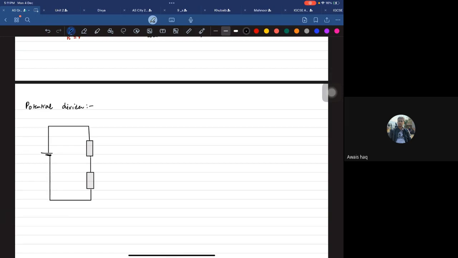Now, obviously, you will have an EMF. Suppose right now we have an EMF of 6 volts. Your variable resistor, let's call this R1, of 200 ohms set to this value, and then we have a fixed resistor R2 which is also 200 ohms, and we are interested in